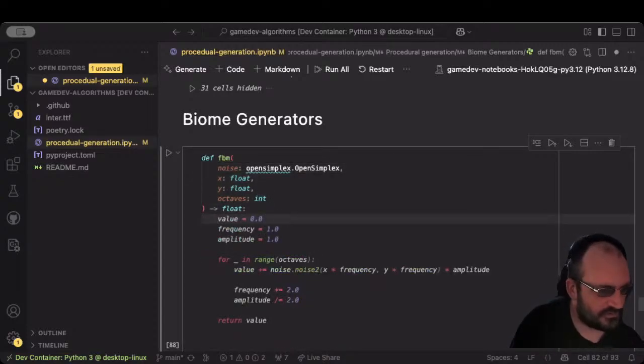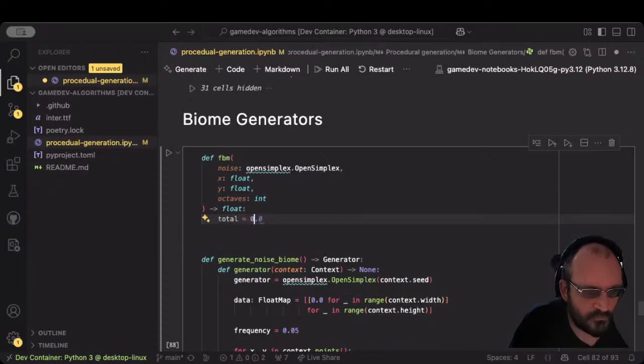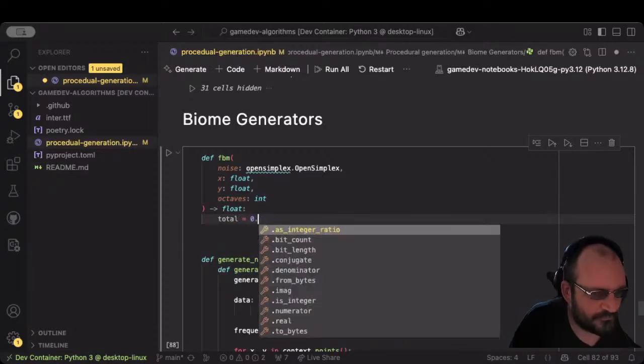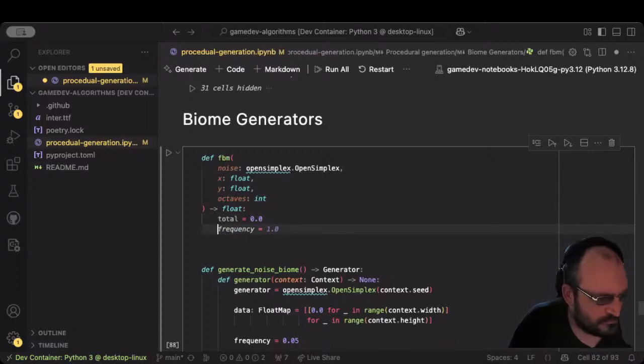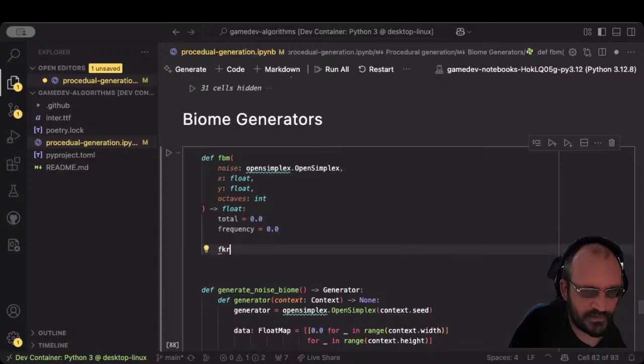So to do this, we are going to want total, frequency, and then for